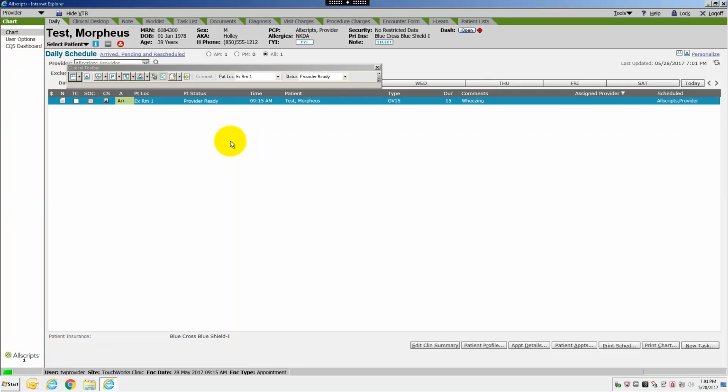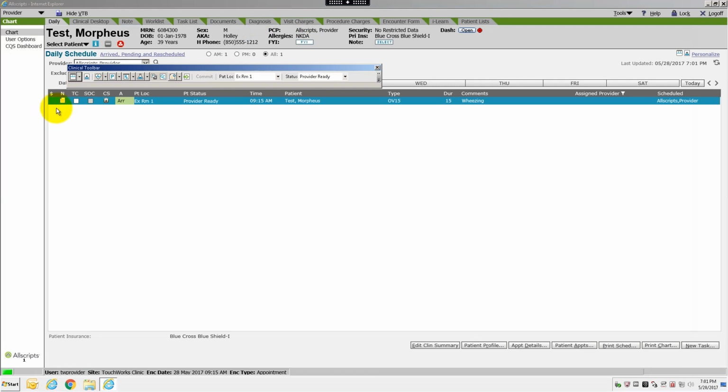This is billing from note. Do you know how to bill from the note and bypass all the clicks it takes to go through these 4 items: the diagnosis tab, the visit charges tab, procedure charges, and the submission? Learning how to bill from note is a great way to reduce clicks in